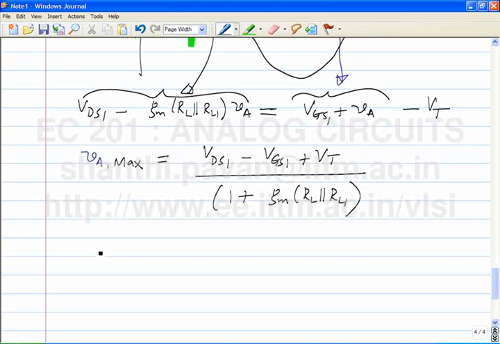So if I am interested in finding the drain current of the MOSFET, to be more specific, the total drain current through the MOSFET, what should I be doing? Drain current is the quiescent value. What is the quiescent value? ID. And ID can be found because we know VGS1 already and we know the details of the transistor. So the drain current of the MOSFET is the quiescent current ID